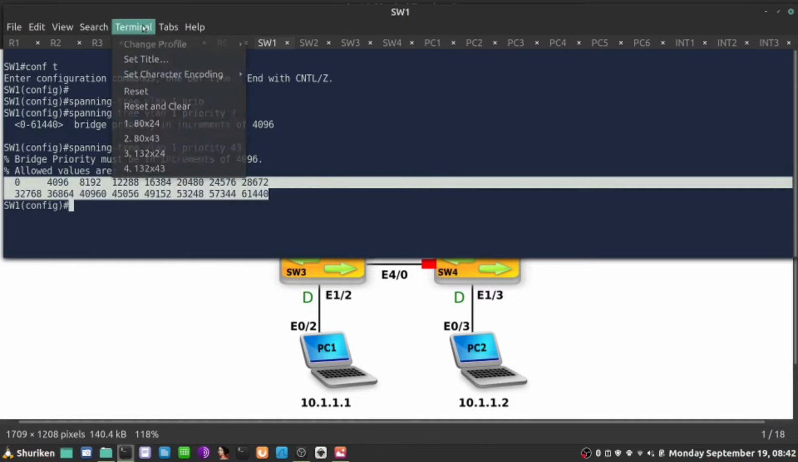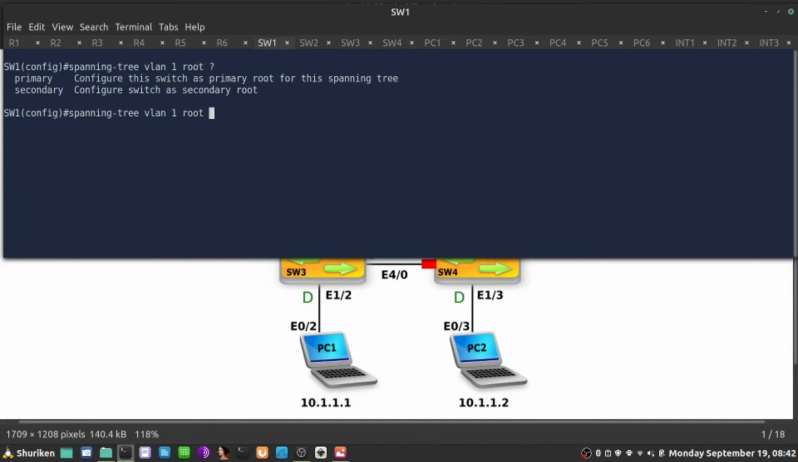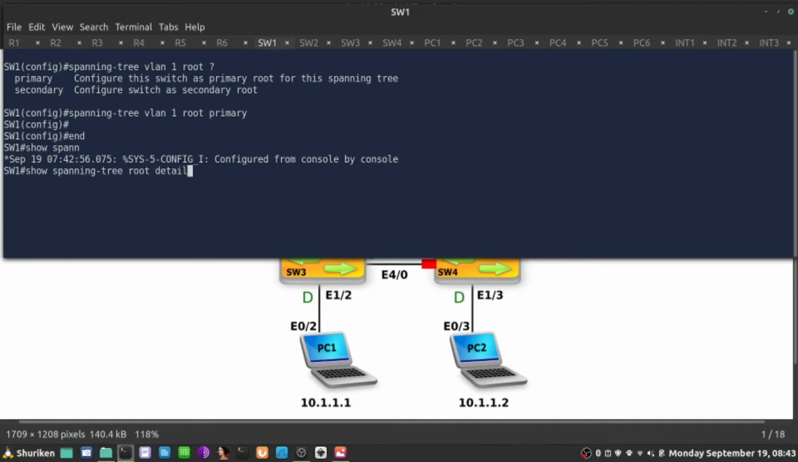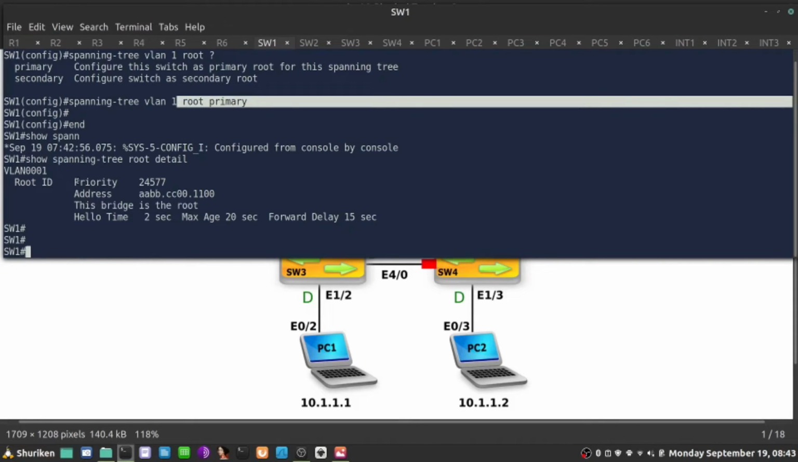The second thing we can do, as it's a macro command, is say, instead of priority, root, and there are two options, primary and secondary. If I make this one primary, what's going to happen is, show spanning tree and root detail. So I am the root bridge right now, signified here, and with this command, root primary, the system made the priority